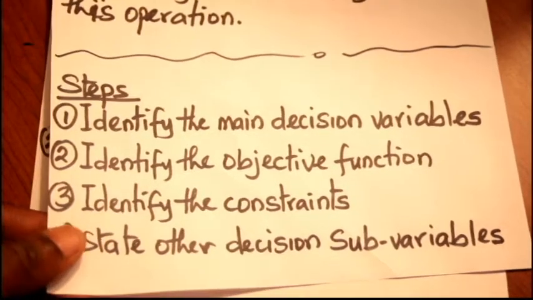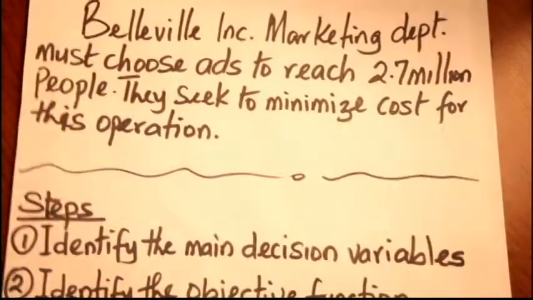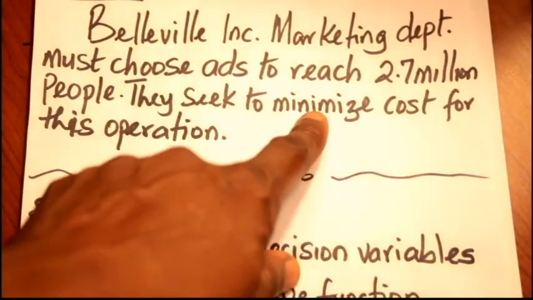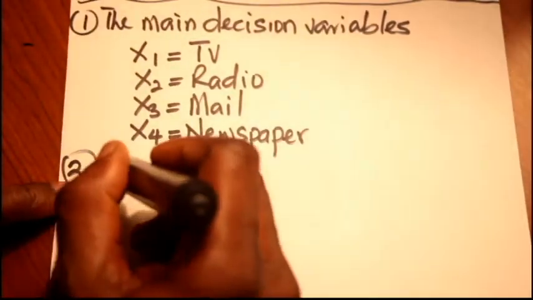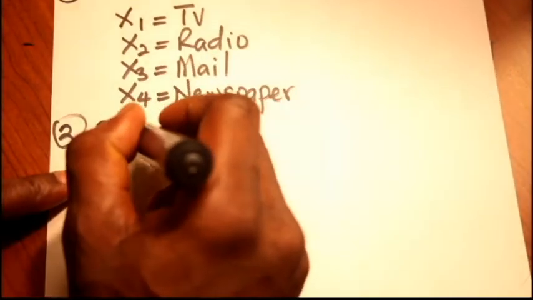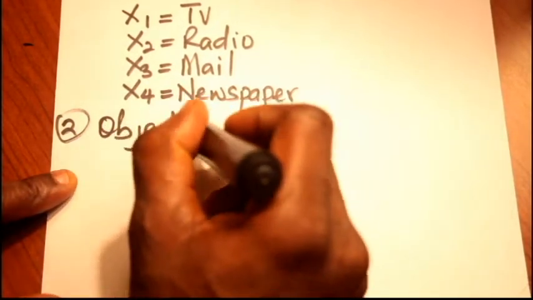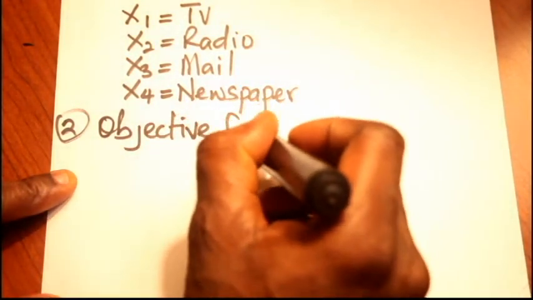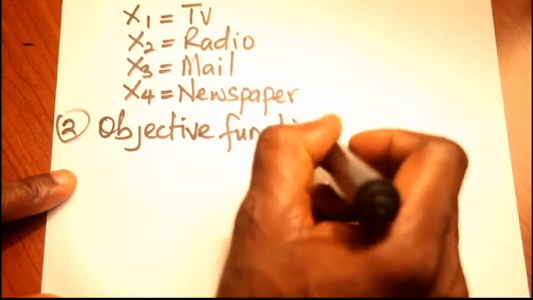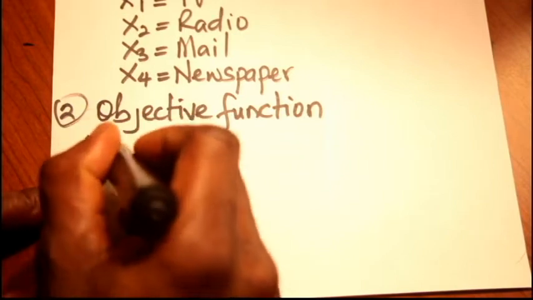So the next step I'm going to take now is to identify the objective function. What is my objective function? The overall objective function in this question is to minimize cost. So for the objective function, I have minimize Z,